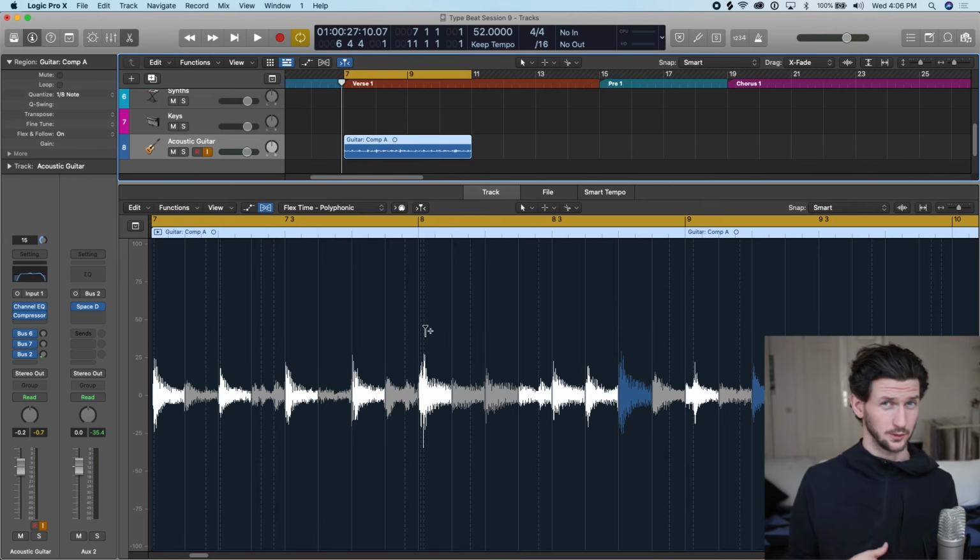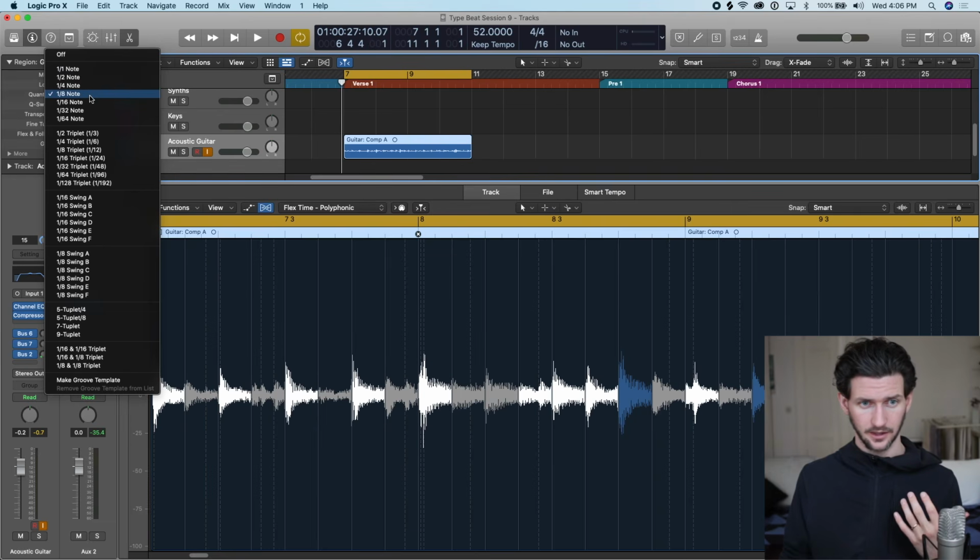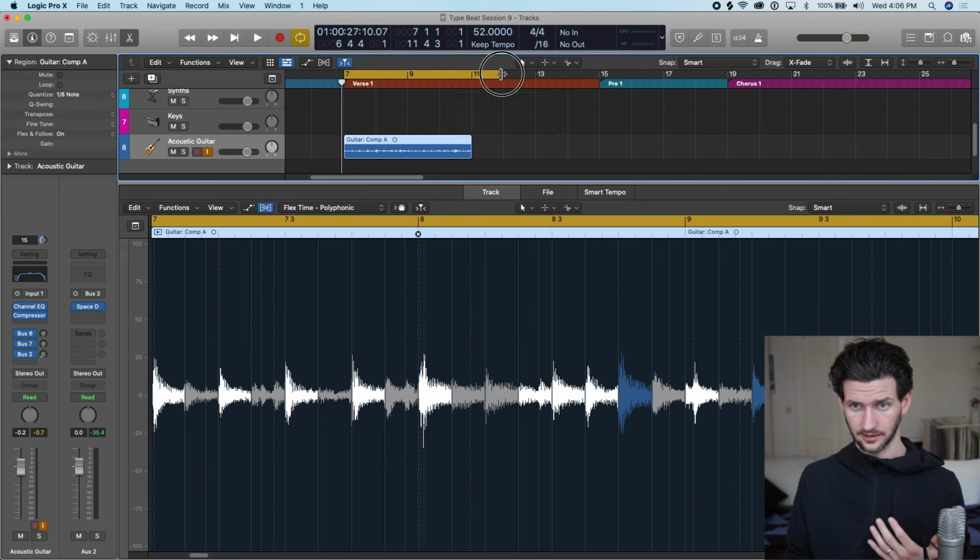If you're doing quantization with MIDI, it's the same thing. If you don't know what to choose, basically you're telling Logic here, where do I put the signals? Should I put it to the nearest 1/8 note or 1/16 note? If you don't know what 1/8 and what these are, well, let me show you quickly. Let's just go here